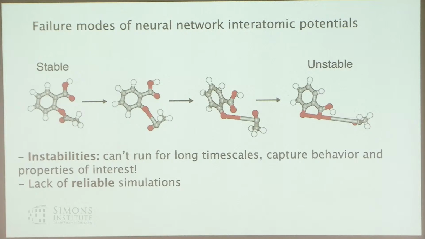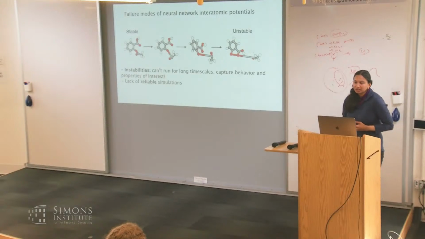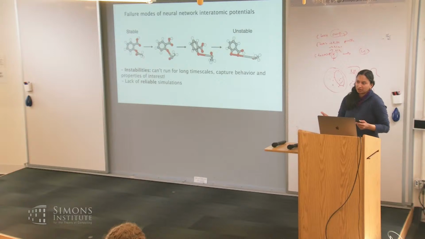So how do you know if this is arising from the DFT you trained on versus pathologies of the neural network? I think it's probably a mix of both. You hope that if your DFT calculations are good enough, you'll have at least a reasonably smooth potential energy landscape that you can run through. But it also probably arises from the fact that the neural network doesn't have a complete picture, especially as you're running these simulations over time and ending up in new regimes.